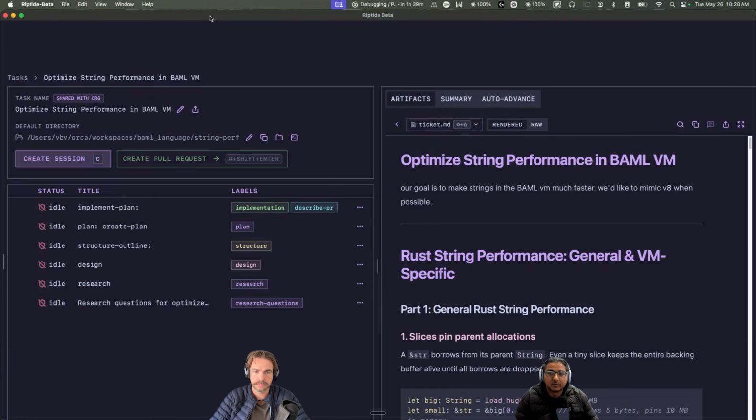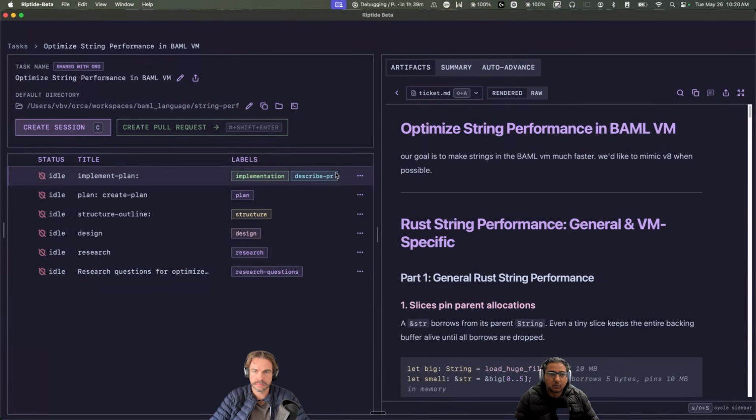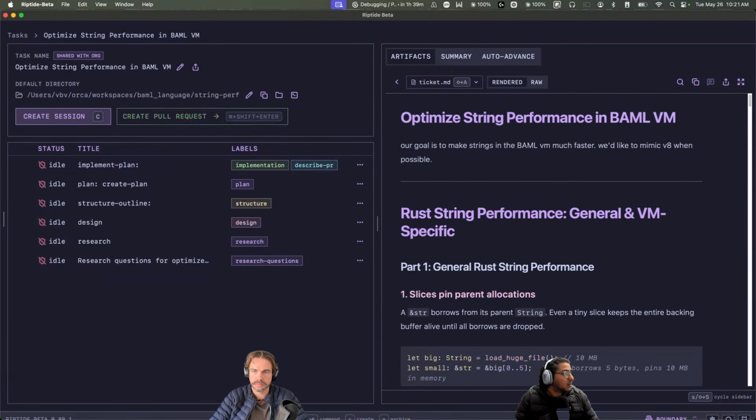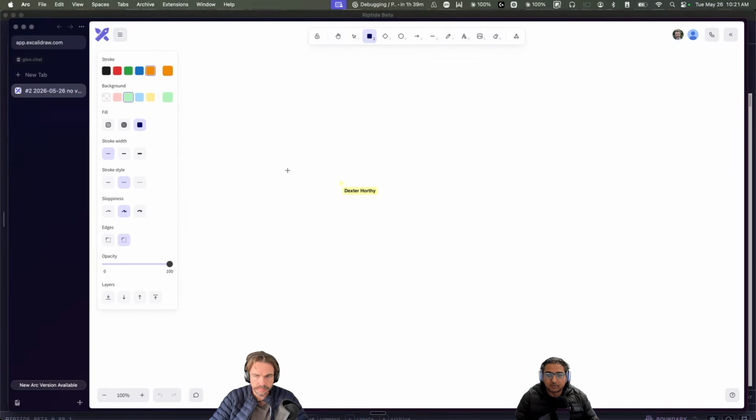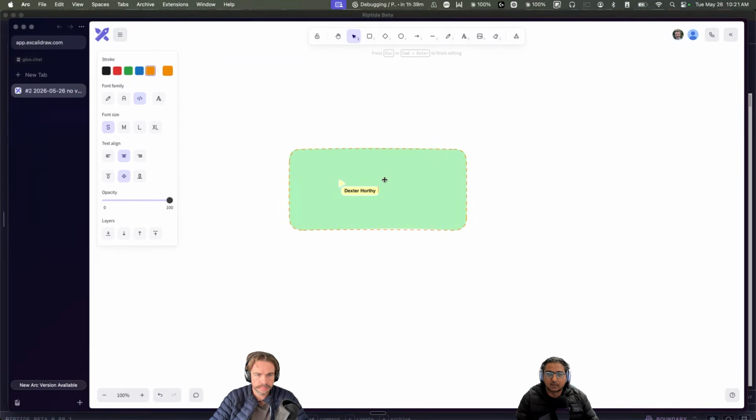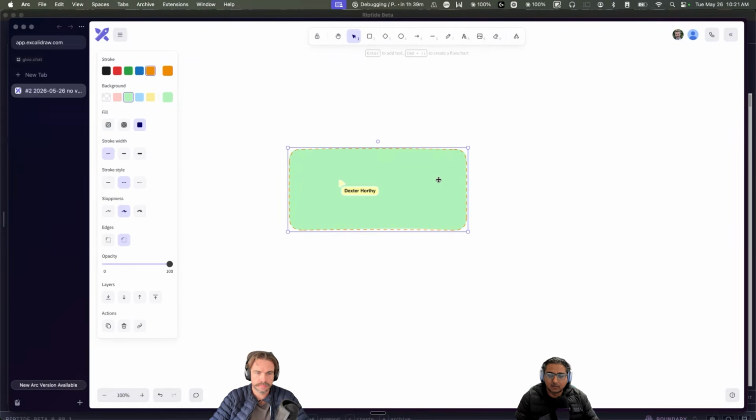I'll do a little bit of whiteboard just because it helps people have the context for how we go do this. Cool. So first things first, what are we performance optimizing? One of the things we have in our code base is basically a virtual machine. A virtual machine is a thing that takes in assembly, or the equivalent of assembly, and basically does